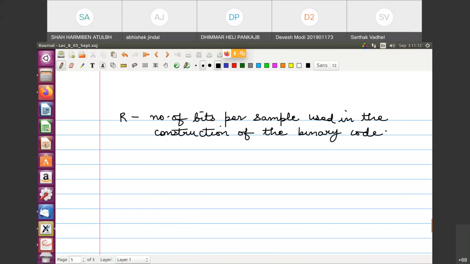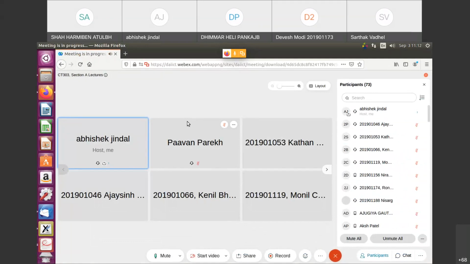So this is pretty much what I have to say about quantization. Then I think we need to discuss the concept of mu law and A law. Before we move to that, if you have any doubts or anything to say, you can. If you raise some doubt in the derivation, I will definitely note it down and we'll discuss it in the next class.